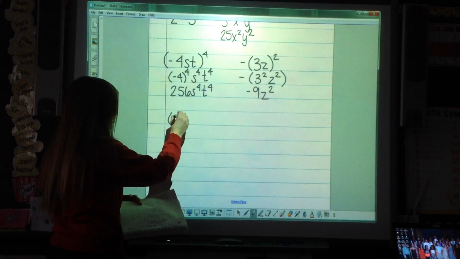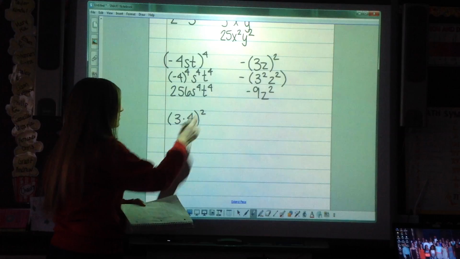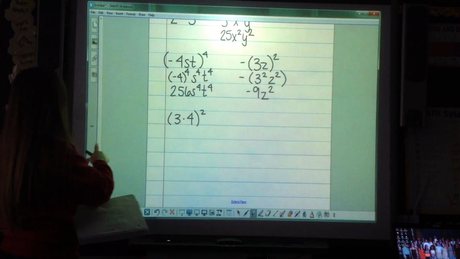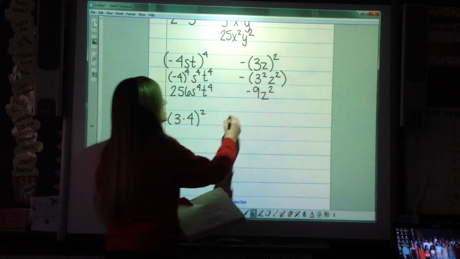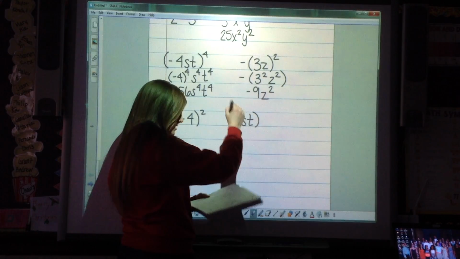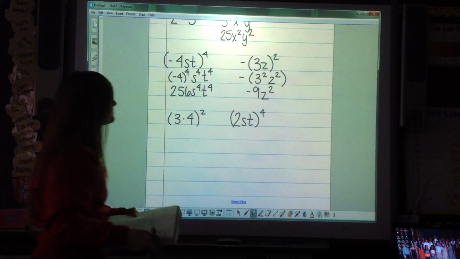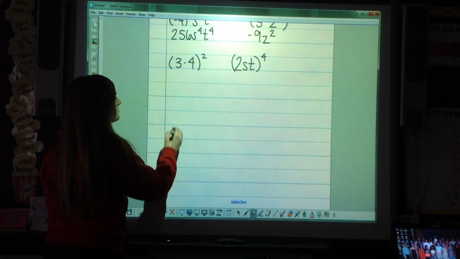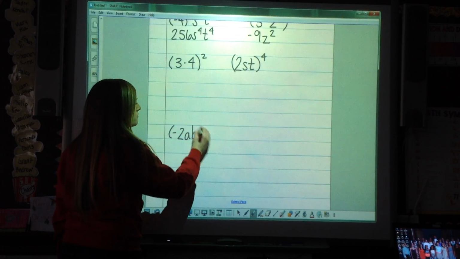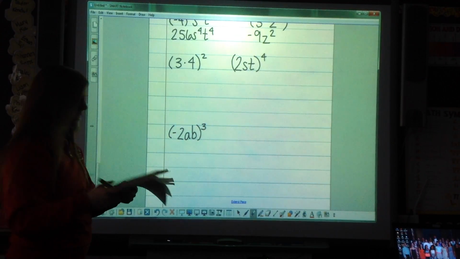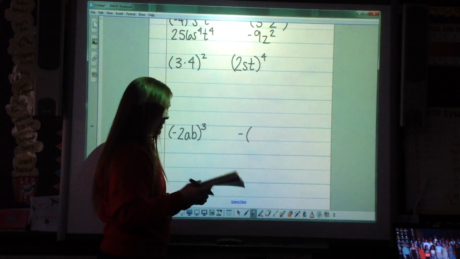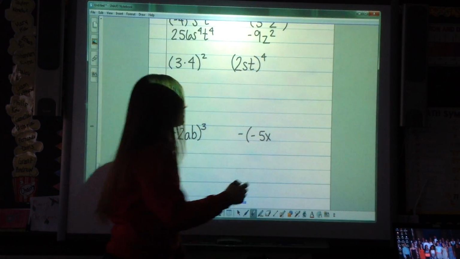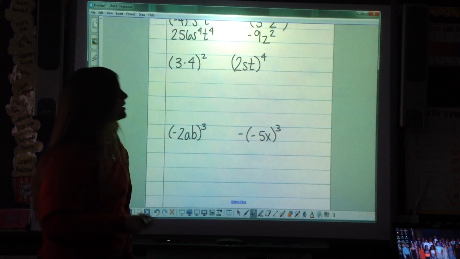Try 3 times 4, that quantity squared. 2st. Did I do that one already? No, I did not. 2st. That quantity is to the 4th power. Negative 2ab. That whole quantity is cubed. And this next one has a negative on the outside. Negative, and there's another negative on the inside. Negative 5x cubed. All right, make sure you have solved